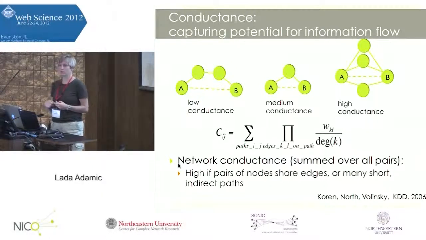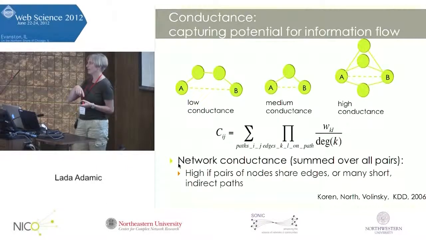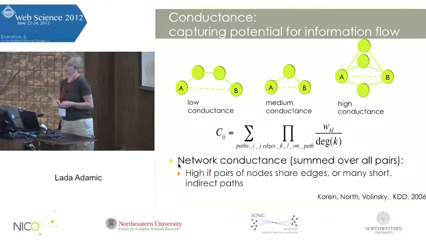And for this, we're going to use this conductance measure. The cycle-free effective conductance is the probability that if you start at A, you will reach B before cycling back on A. And the more paths there are from A to B, the higher the conductance. The shorter those paths are, so you're not going to wander off somewhere else, the higher the conductance. And if those paths don't go through hubs, because if you reach a hub, there are lots of other directions that you can wander in. Again, not going through hubs will increase the conductance.